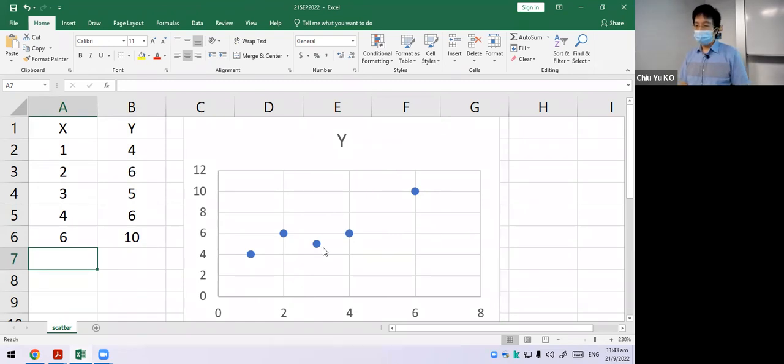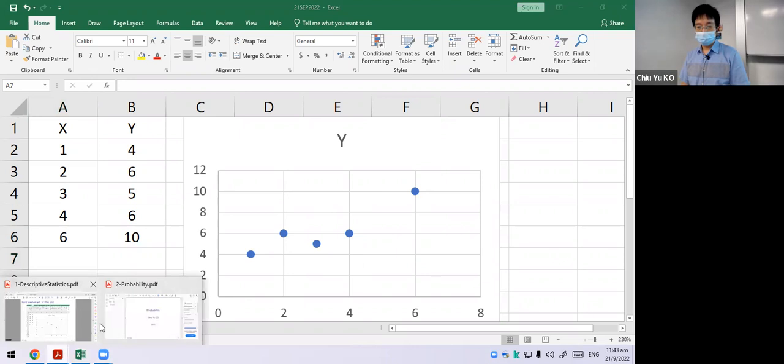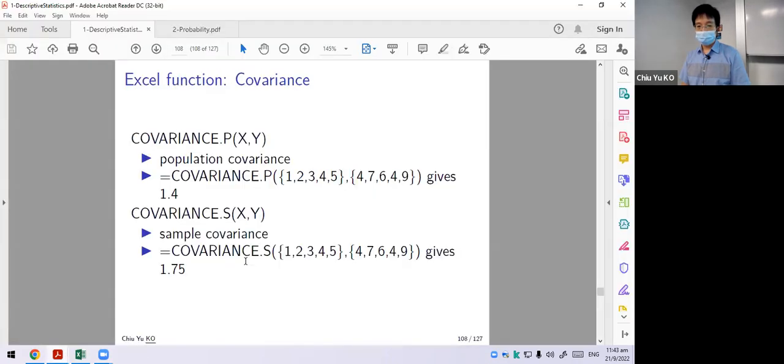So we'll come back to this scatter plot idea at the end of our course when we talk about regression. Okay. But here, we just stop here. We will come back to this graph. Now the next thing I want to talk about is to calculate the